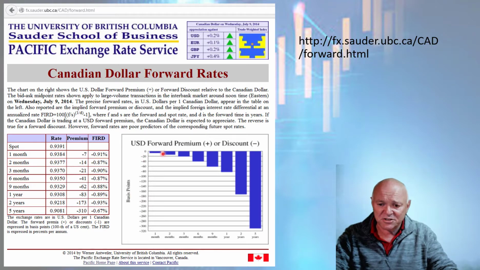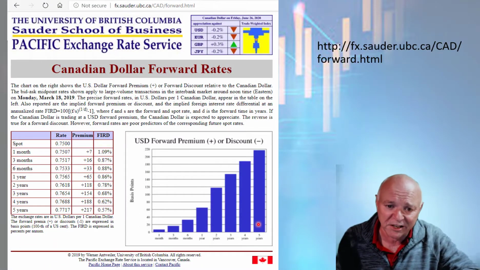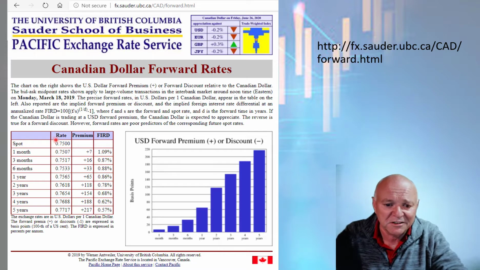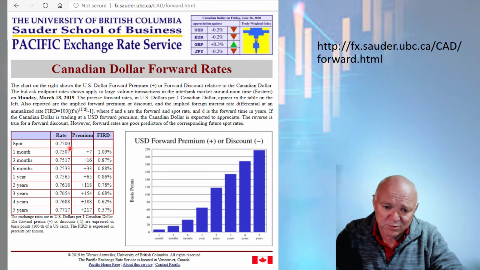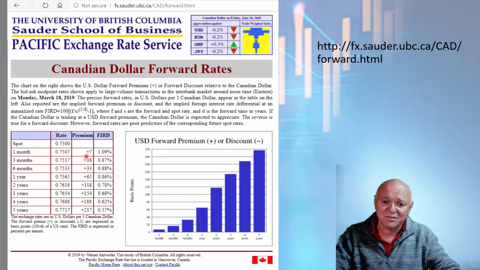And so essentially says there's a discount for future delivery for the Canadian dollar, and just shown on that chart. You compare that to the way things look now, or maybe not now, but more recently, in March of 2019, the spot price on that particular day was 75 US cents buys 1 Canadian dollar. There's still a 7 basis point difference, 7507 for 1 month delivery, but it's a positive number, and it's positive 7 points. In terms of percentage, that's 1.09%, and we have the same kind of relationship that over time it